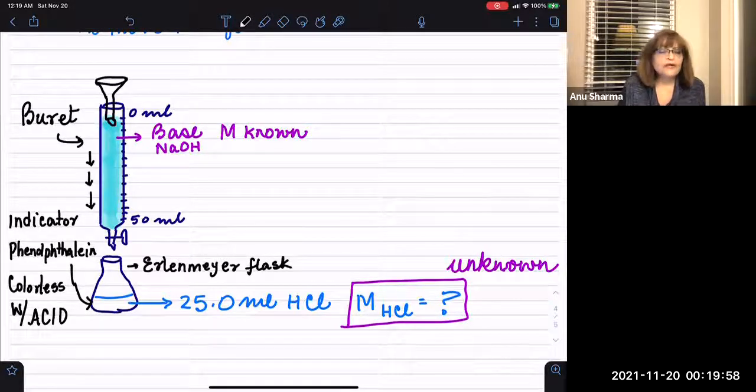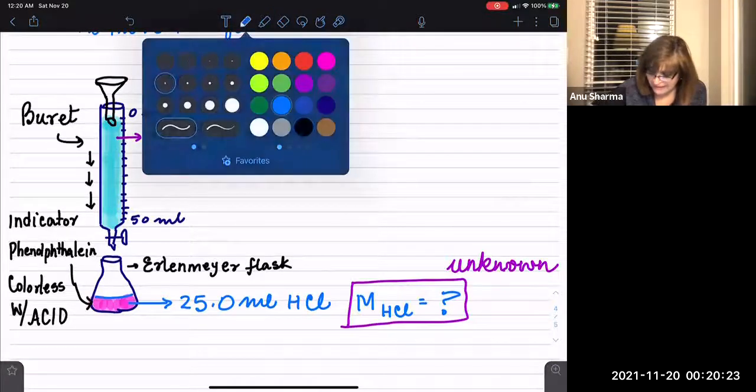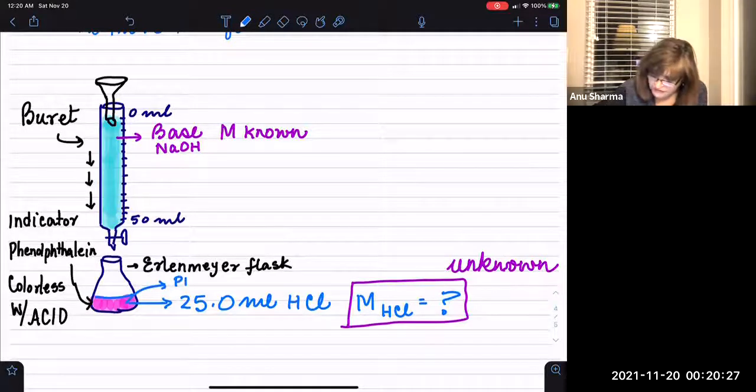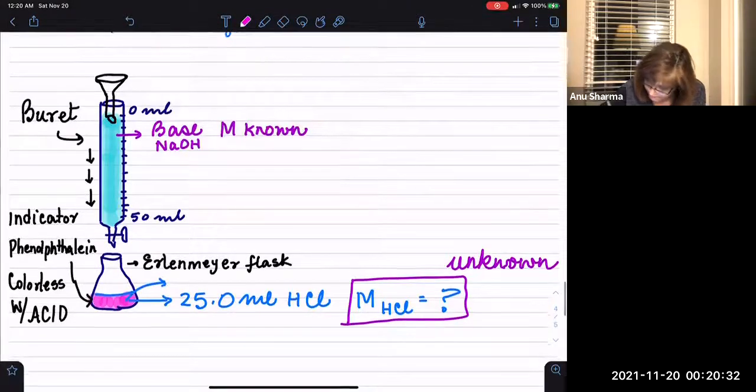And we initially will not see any change in color. But a time comes, slowly, we notice that the color begins to change to pink. So the lighter pink of it, and then it evaporates, and then it just vanishes, and then it comes again, and then it vanishes. But a time comes when the pink color stays. Let me write this in pink only, when the pink color stays,